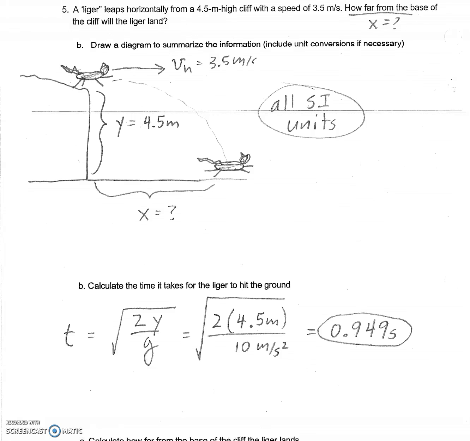Okay, we've got our next problem. It tells us that the horizontal velocity is 3.5 meters per second. It tells us that the vertical distance, or y, is 4.5 meters. And it tells us that the horizontal distance, or x, is what we're trying to find. So we'll use our time equals the square